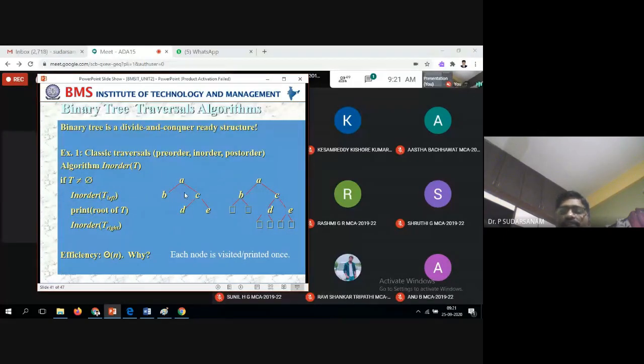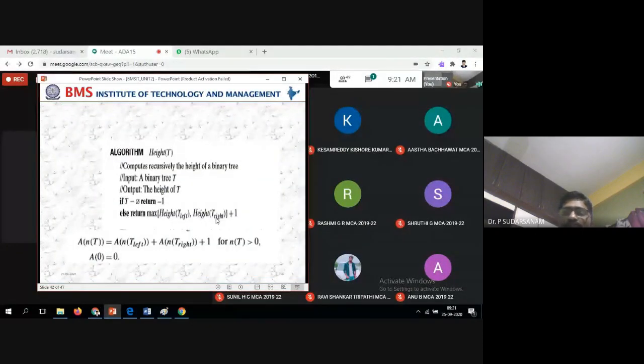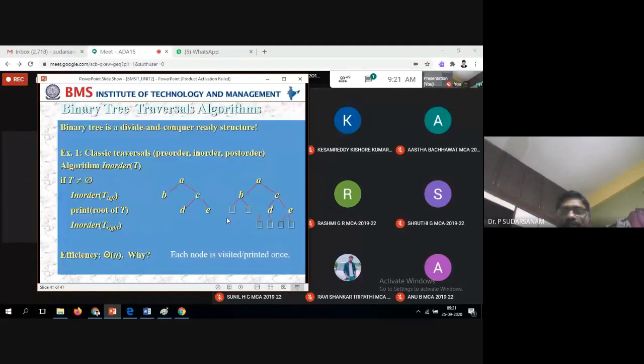So height is nothing but, left hand side only 1 is there, right hand side 2 is there. That means actually 0, 1, 2. So plus 1 means what will happen? 2 plus 1 means 3. So 3 means, how many levels are there? 1, 2, 3. According to the mathematics, you will be printing 3. That is what the height of the tree also.